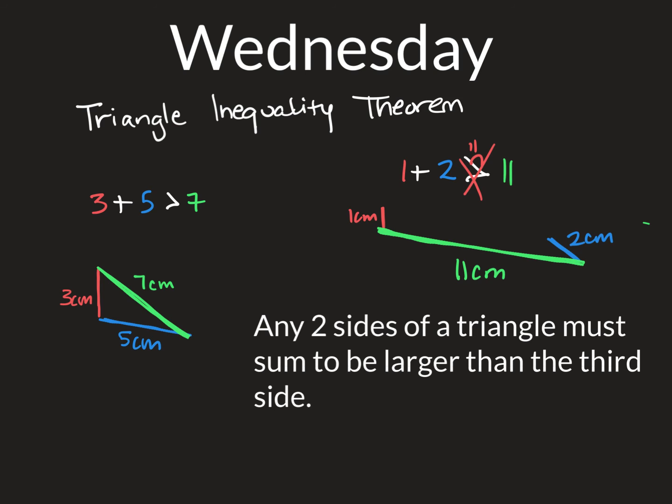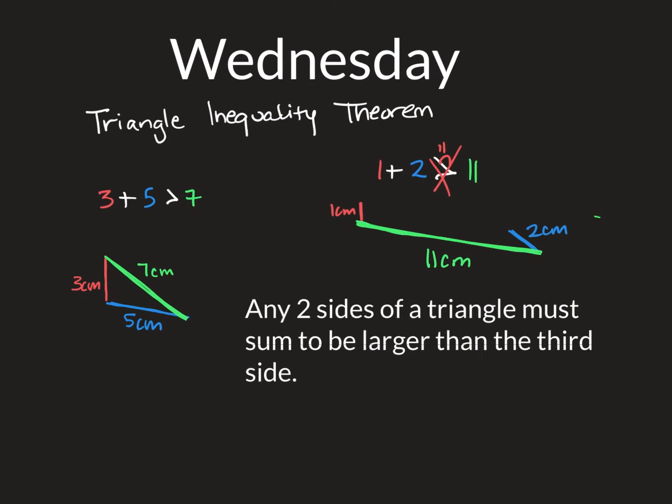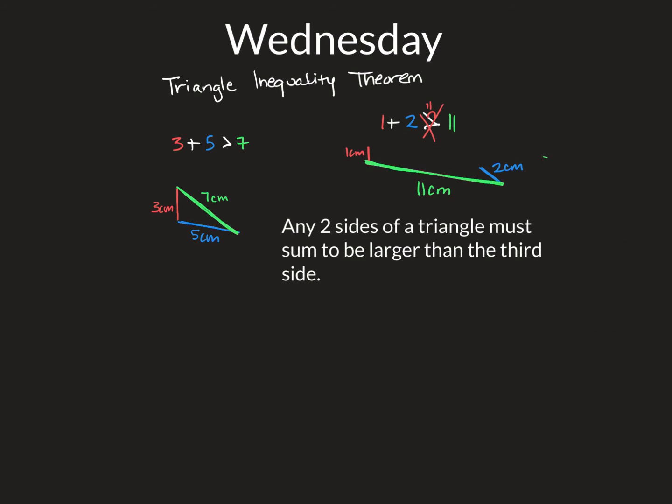All of the pairings have to actually work, where the two sides must be larger than the third one. So this is useful just to know, is it possible to even make a triangle from these three sides? And as we get into the Pythagorean theorem, which is going to happen pretty quick, people can make some